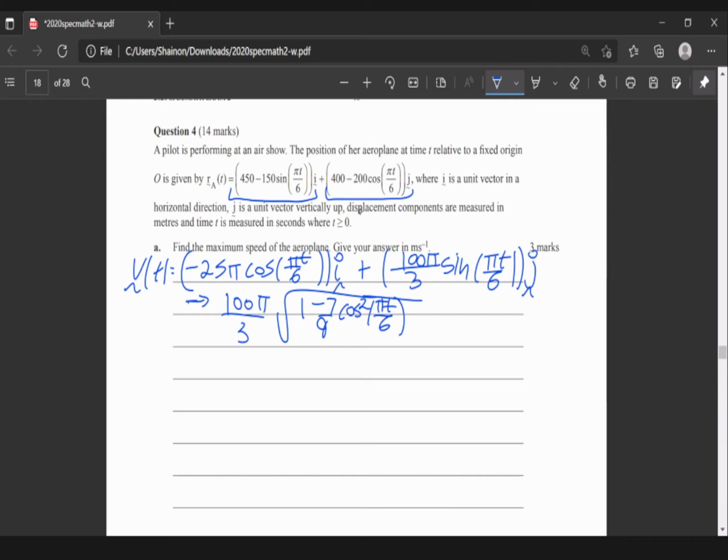So 100 pi over 3 when cos of 0 is just going to be